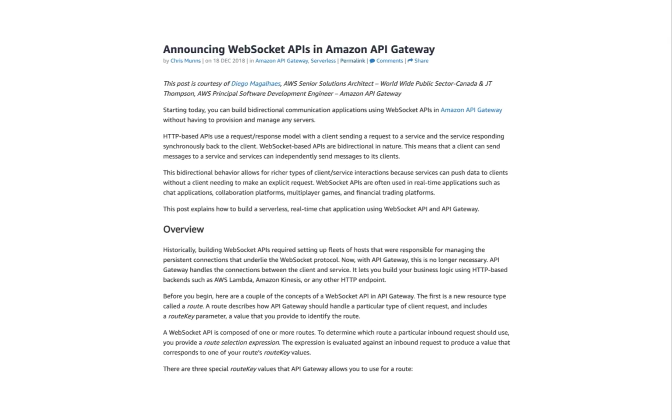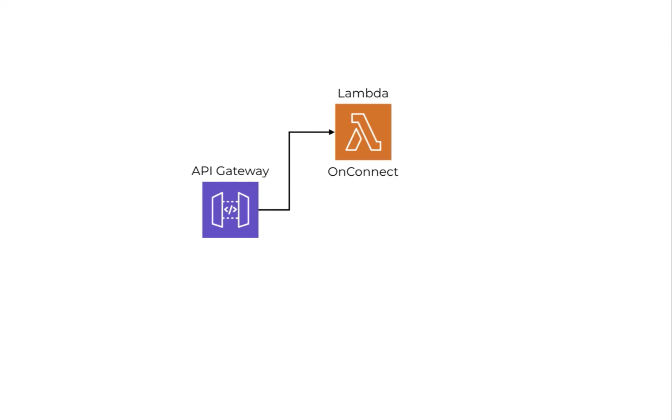And finally, let's talk about WebSockets. Both AppSync and API Gateway support WebSockets, but the developer experiences with them are quite different. API Gateway has had WebSocket support since 2018, and the way it works is that when someone connects to a WebSocket API, you can use a Lambda function to handle the onConnect event, and if you want to use that connection later to send messages to the user, then you have to record the connection ID somewhere, maybe in a